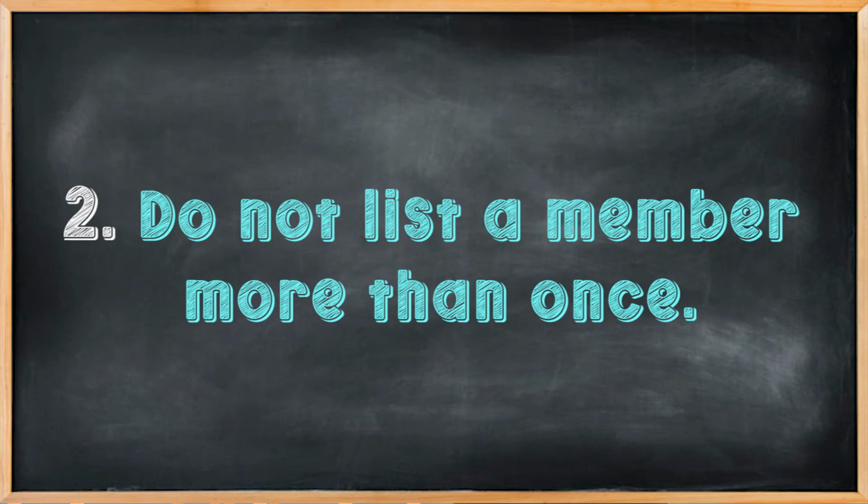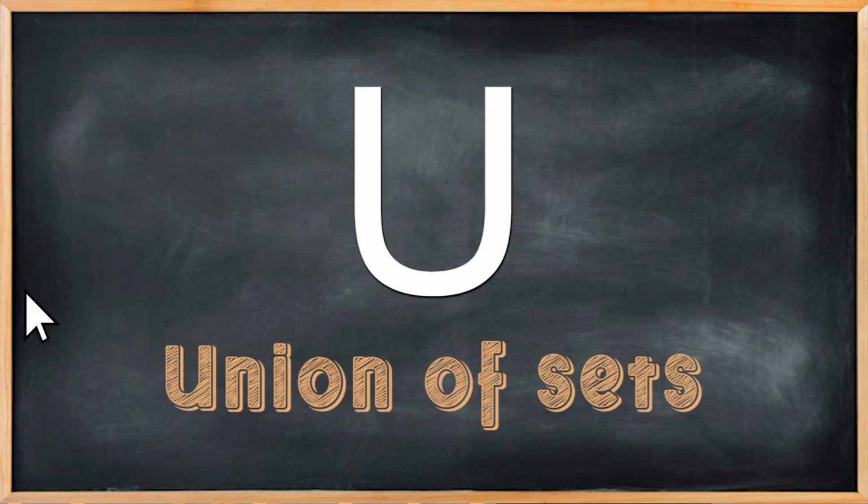When we join the members of two or more sets together, we would have found the union of those sets. Remember also, we do not list members more than once. The symbol for union is